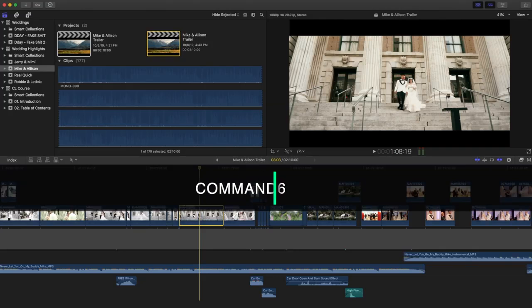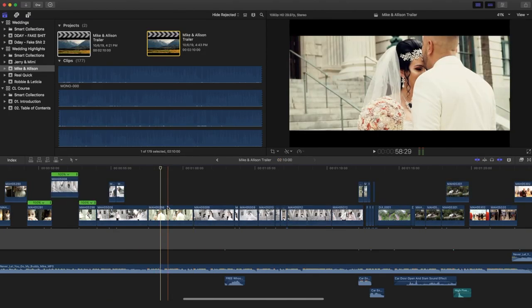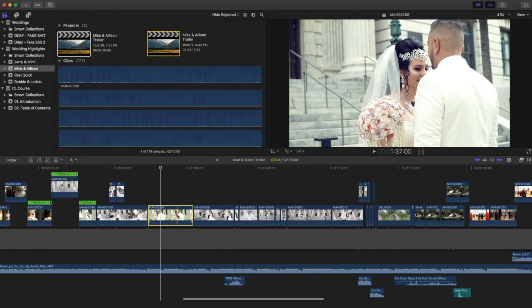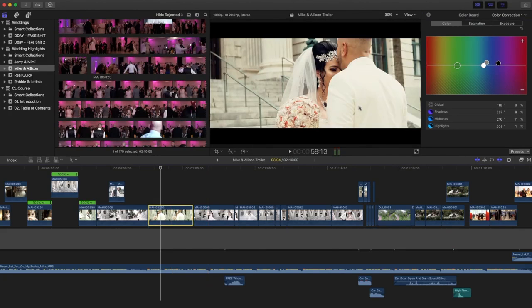So number 5 is Command 6. I use it usually when I'm doing color grading. So Command 6 is to do the color grade, okay, guys? So as you can see, this beautiful color grade here. This is the original grade, and that's the color graded. So there we go. Command 6 brings up the color grading here, where you can color board they call it,